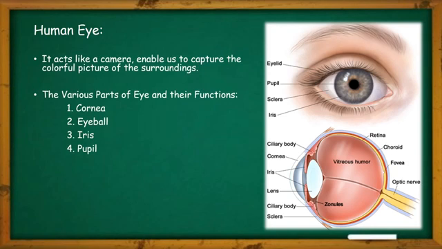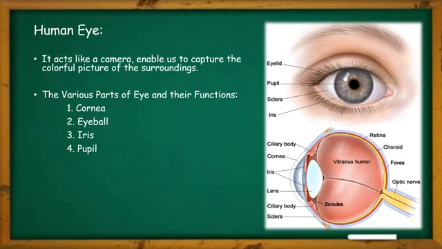For example, you might have observed that whenever you are in very bright sunlight, and after that suddenly you enter into a dark hall, you see that your eye takes some time to accommodate there. This is happening just because of this pupil.